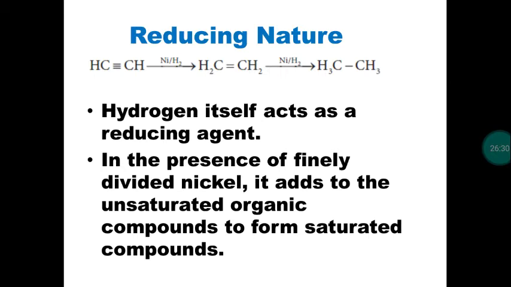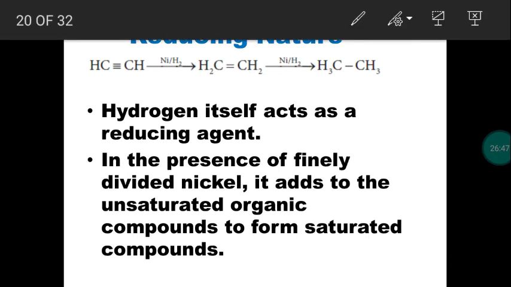Then fourth chemical property of hydrogen. Hydrogen is useful for hydrogenation reaction or addition reactions. So when we take unsaturated compounds, what is an unsaturated compound? The organic compound contains a double bond or a triple bond. It's called unsaturated compound. So when we take unsaturated compounds like this, called ethyne or acetylene, hydrogen is added with this acetylene.